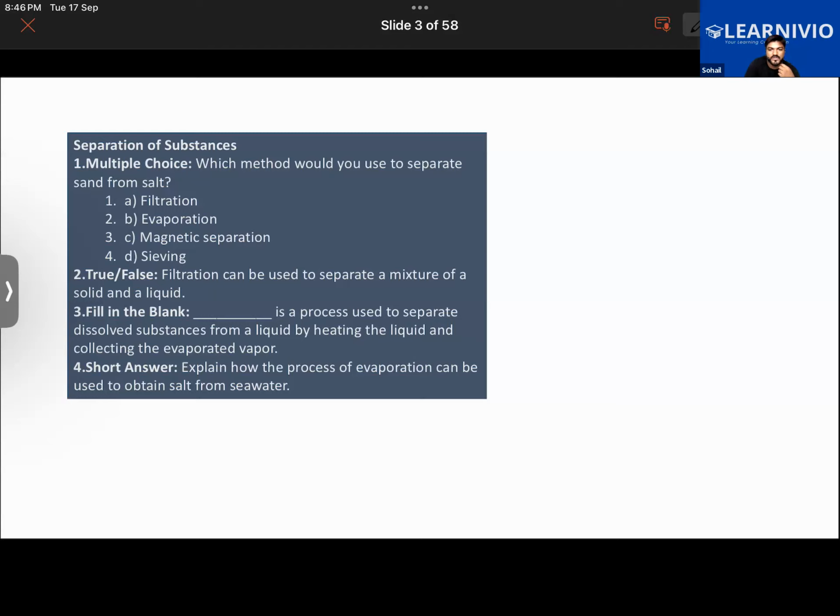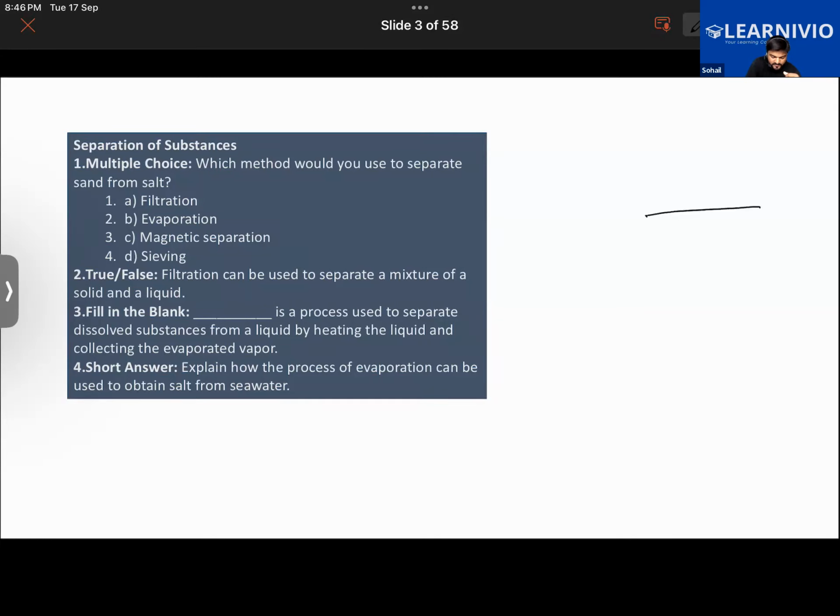Basically, the salt can be obtained from the seawater via the process of evaporation, because when the seawater is exposed to the sunlight, the water will evaporate and it will leave behind the crystals of salt. Okay, na? So the thing, yes sir, is that